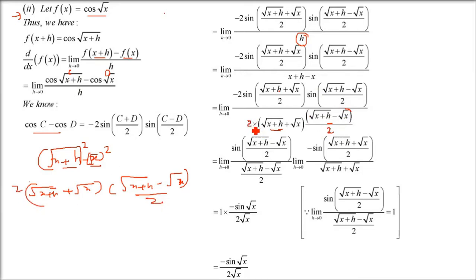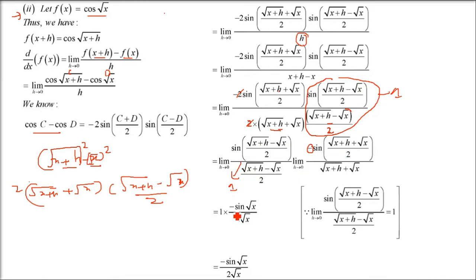2 and 2 have come like this only. Minus 2 was already there. And this whole term, when we apply the limit, is going to be 1. How? Sin theta by theta equals 1 as theta tends to 0. So this is going to be 1. This is what is shown here. Sin theta by theta is going to be 1. Now negative is there, and this is going to be 1.